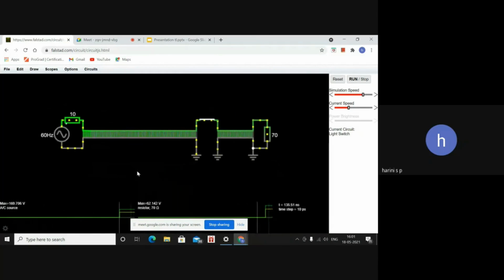This is an example of a light switch, where the wires are treated as transmission lines. When you hit the switch, it takes a while for the light and the source to get the message. Of course, in real life, it takes more than a nanosecond to flip a switch.